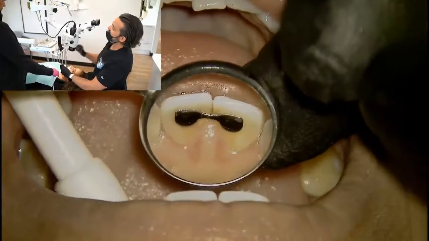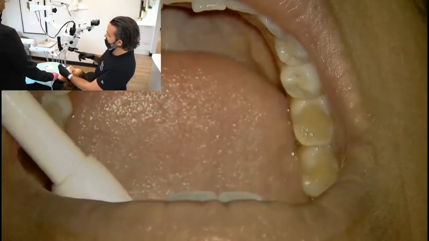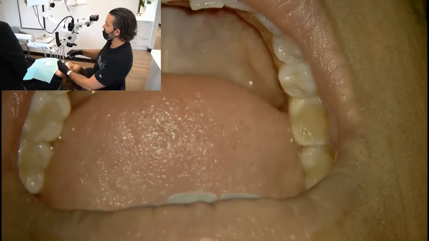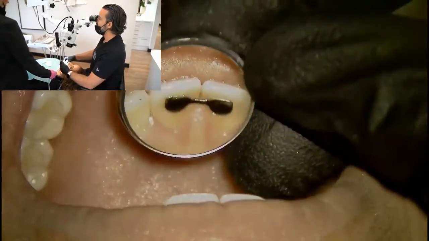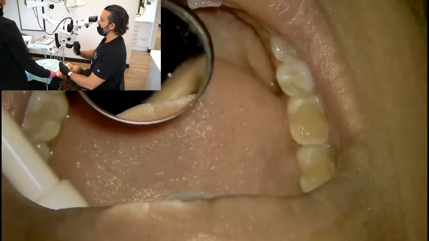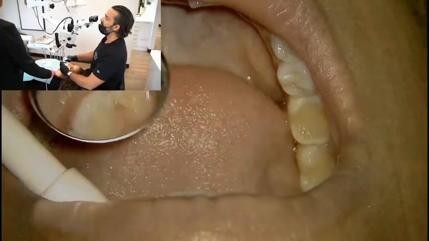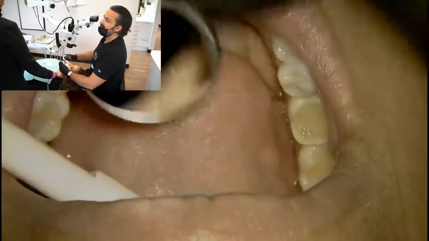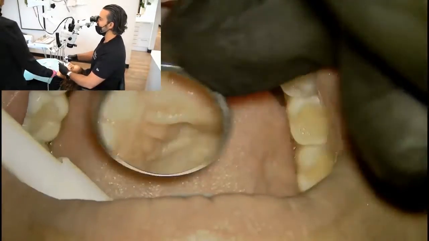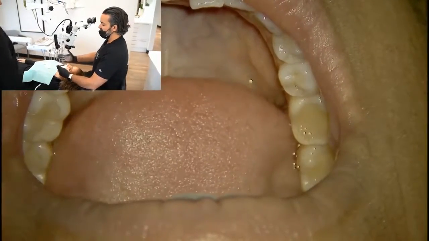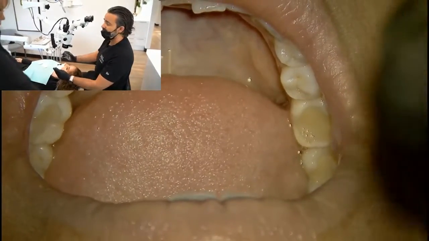These are 12x eyepieces, and magnification factors will vary depending on where I am in my working distance. Like I said, find focus first, and for the most part this is like your 3 power loupes that you're wearing, and very similar. In endodontics we're looking for the little pinholes, and